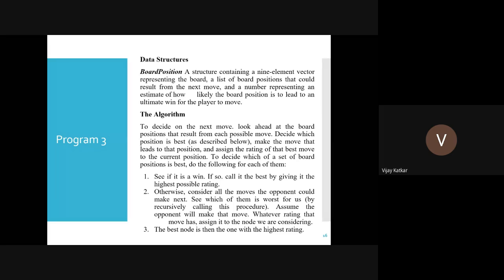Okay, good, no doubts. Otherwise, what you are saying is to consider all the moves that the opponent can make and see which of them is the worst move. Let's say instead of you, the opponent wants to make a move. Which move can he make that is worst for you? Worst for you means good for him, right? Worst for you means he is going to win or he is going into a winning position. Then the move is worst for you and best for him.